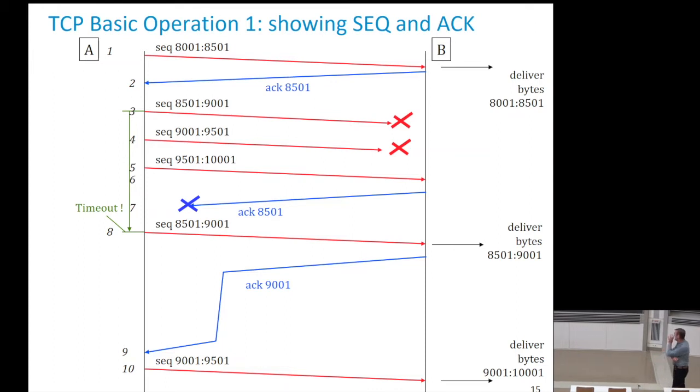This is our first approach to the operation of TCP. I'm showing a space-time diagram. Time flows vertically. I have A on the left, which is in that case a sender. B is a receiver, and A is sending data. So a first packet is sent. Inside the TCP packet, in the TCP header, there are what are called sequence numbers. So here it's 8001 to